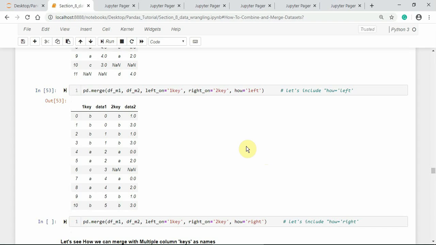The priority is given to the left data frame rows, and the corresponding rows are matched with the right data frame. If the rows do not overlap, then they will be skipped from the merge. Hence, the D row in the right data frame has been excluded.